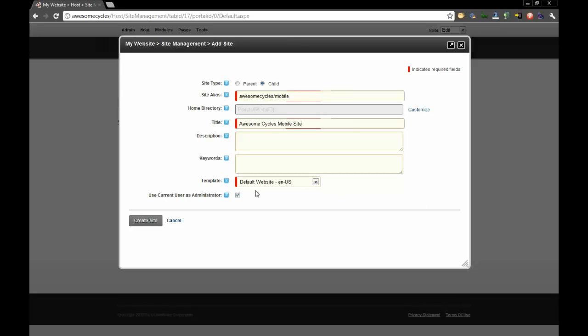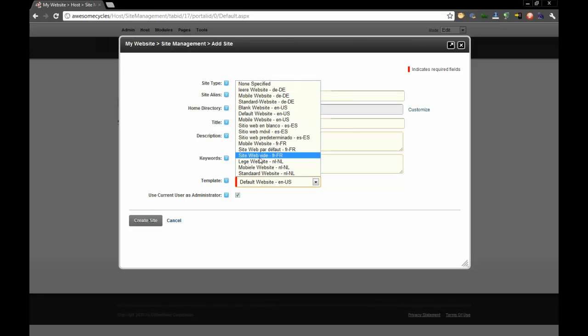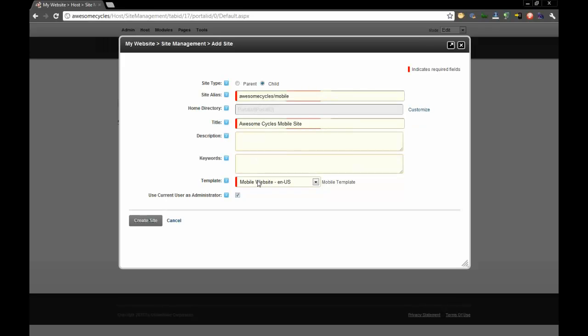And now I have the opportunity to choose a template. So you have templates built throughout .NET Nuke. One of the ones I'm going to choose is the mobile website template. But this is a great view to give you insight that we are a multilingual platform, and so there is a lot of built-in multilingual functionality, including the different types of multilingual templates that you can use. So I'm going to go ahead and choose the mobile one for English and create my